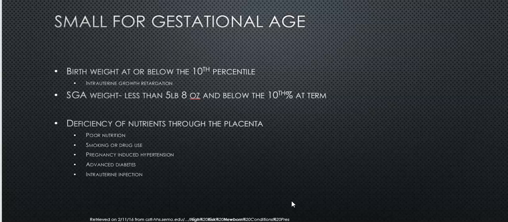Let's talk about small for gestational age babies. Now, in my discussion, babies who are IUGR and SGA may have some similar problems and similar needs, but they are 2 different factors. You can have a baby who's small for gestational age, who's born just below the 10th percentile. Now, IUGR can lead to a baby being born SGA, but it's not necessarily the same thing. So when you look at SGA, you have a baby that's